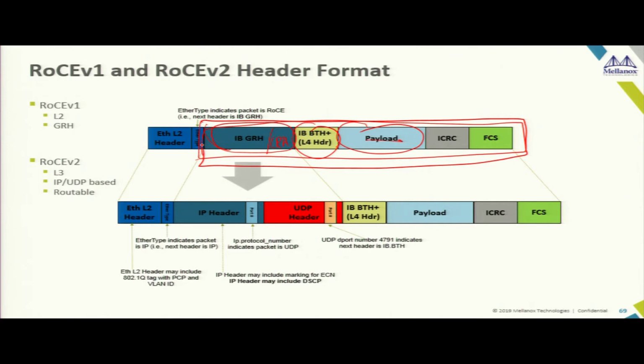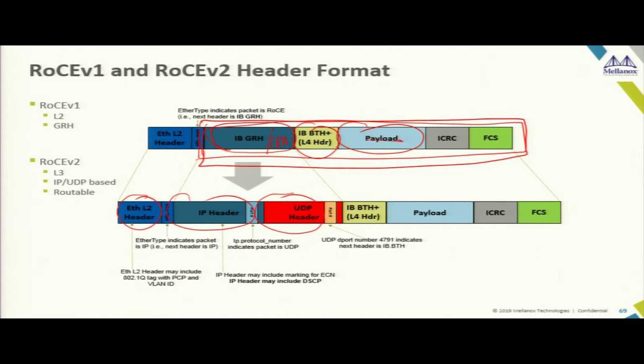What if I encapsulate this entire InfiniBand frame as a payload of an Ethernet frame? I can very well do that, right? And that's what is done in running RDMA over Ethernet. So now I have a standard Ethernet frame which has the Ethernet layer 2 header, the ether type, the IP header and port number and so on, and also the UDP header.